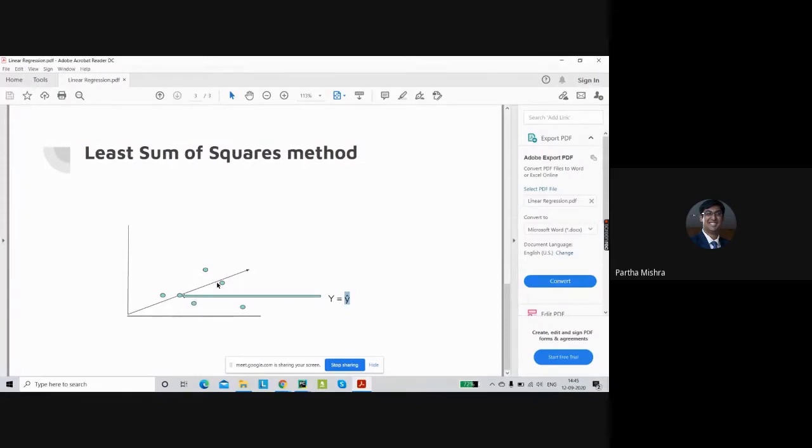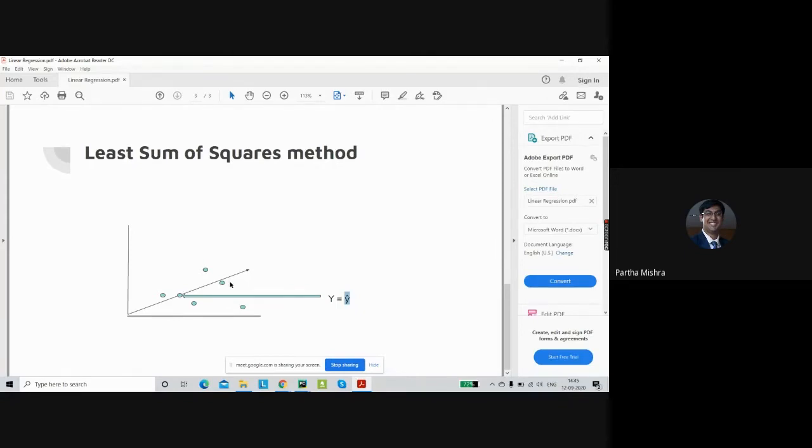Now, whenever we are talking about the error, it means the difference between the predicted value and the actual value. So if you have to put it in an equation, error is equal to y hat minus y. All right.